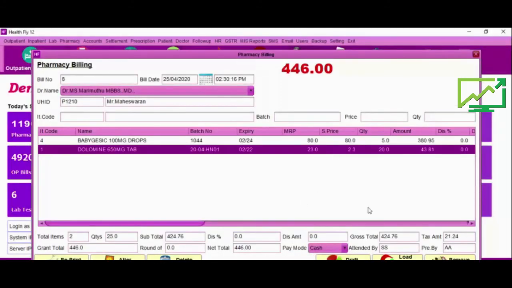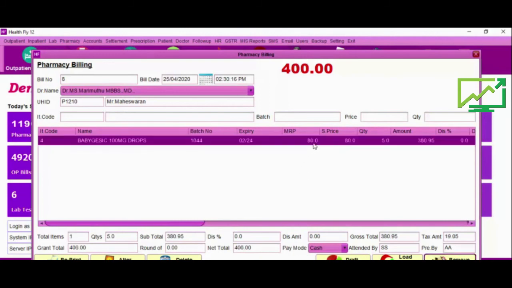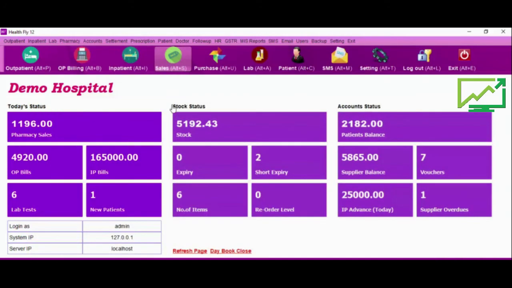And we have given all the options like remove or edit quantity, and bill alter option, delete option, bill hold option, and reprint option. So we have given all the options. It's very simple. Making one another bill.